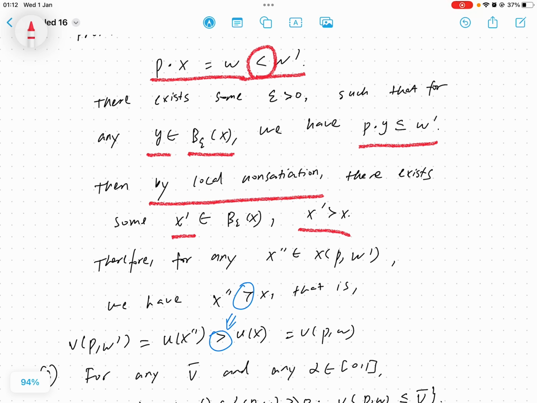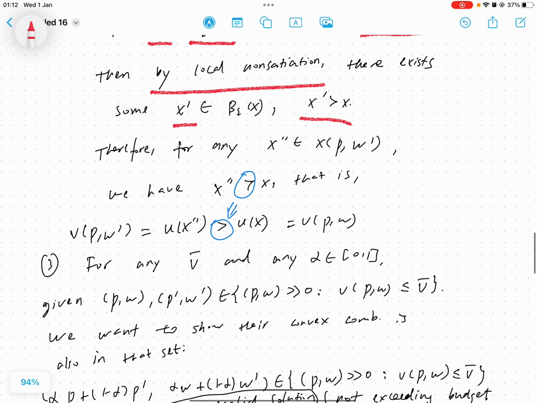Therefore we must know that for any X double prime, denoted as the solution to this problem with price P and wealth W prime, this X double prime is strictly preferred to X. So in the language of utilities, from this strict preference, we must derive this